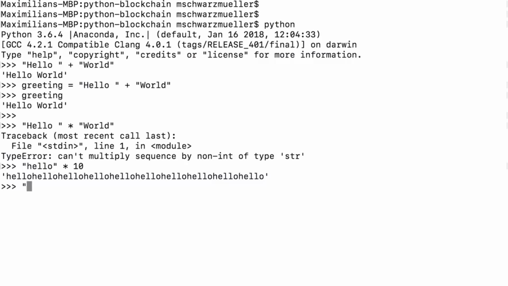This is often useful if you create some kind of graphical output with, let's say, some separation. You want to create a horizontal line. Well, you can do it like that. This is what you can do with strings. The other operators, which you use just with numbers, and that includes both integers and floats, should be pretty clear, and simply play around with them to learn more about them.